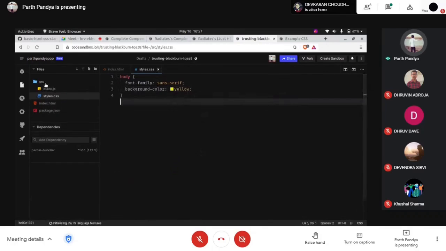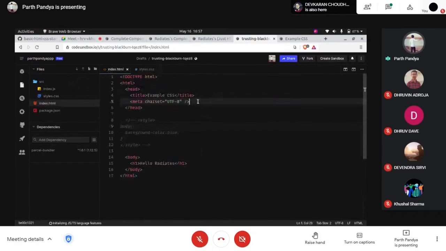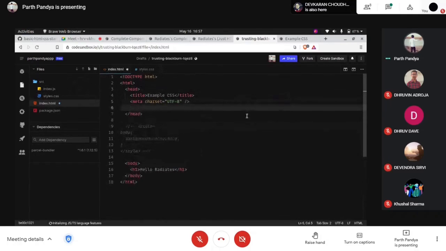Which folder is it in? It is in the src folder. So what we will do now is use the head. Like I told you yesterday, the head contains the metadata of the HTML document, the links, and how the files should use the resources. So we'll compile all the resources in this head block, and like that we will include this CSS file.